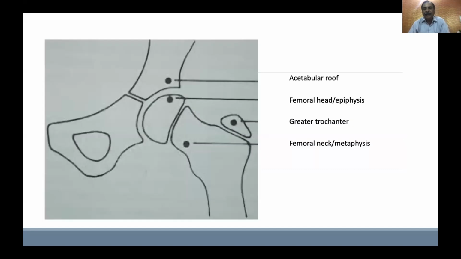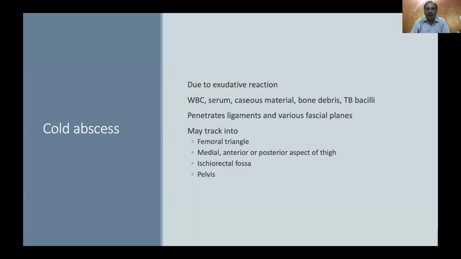So this is typically the diagram you should remember. The acetabular roof is the most common site, followed by the femoral head or epiphysis, followed by the femoral neck, and then the greater trochanter. Now, the cold abscess can be because of exudative reaction. It consists of white blood cells, serum, caseous material, bone debris, bacilli, etc. It penetrates the ligament and through the various fascial planes may track into the various potential spaces around the